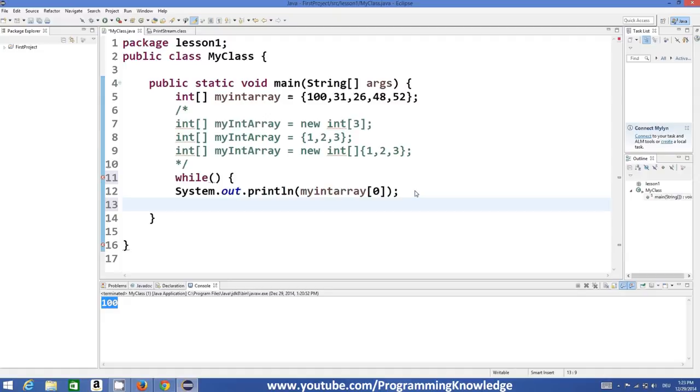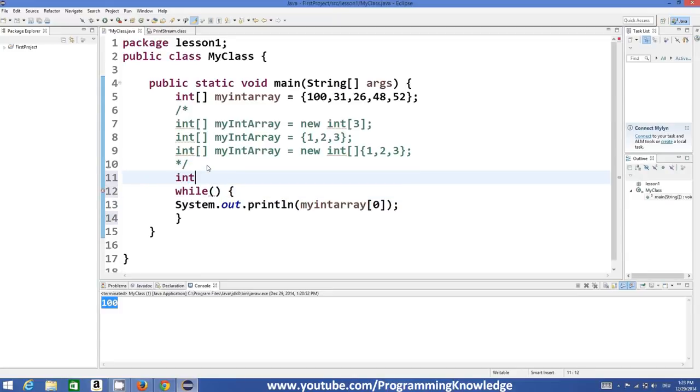Okay, so on the basis of its position, you can do it. For example, I declare one more variable, int i is equal to 0, which will be the index, or let's name it index of the array. Okay, and if index is less than